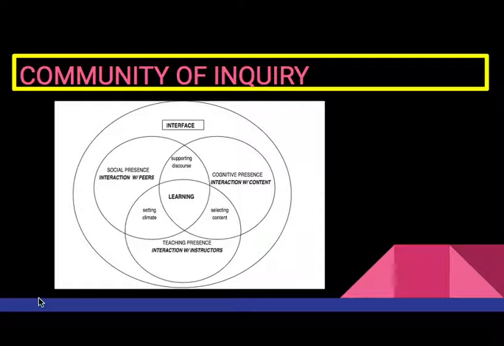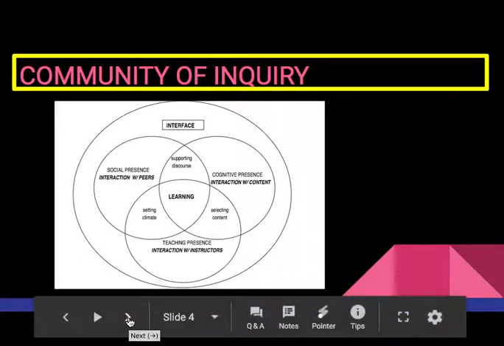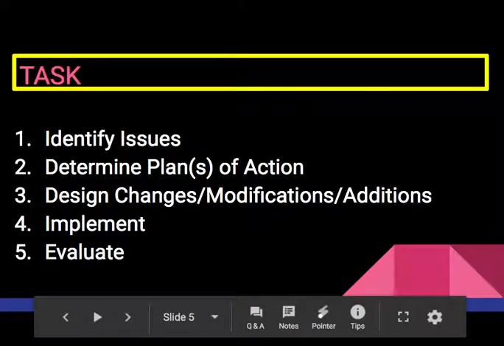Social presence relates to the student and student interaction as an interpersonal relationship begins to develop. Cognitive presence relates to the interaction with content and the information being shared. How are these students using it? How are they learning? How are they applying it in their lives and in their professions? And teaching presence, how does that relate to the interaction with the instructor or the instructor's guidance? A combination of all 3 of these is what we really need to tackle to make this a successful learning experience for our students.